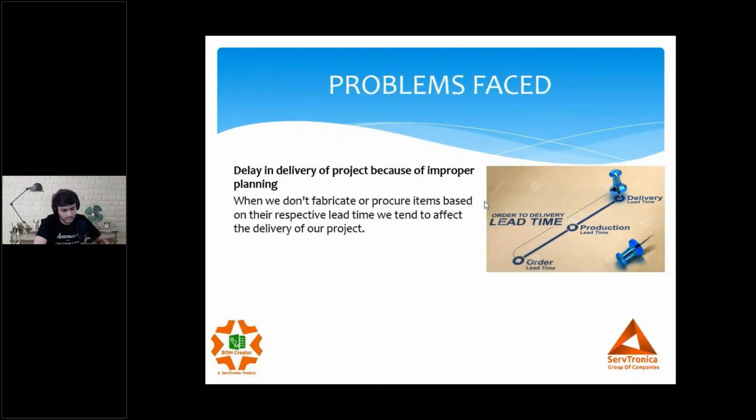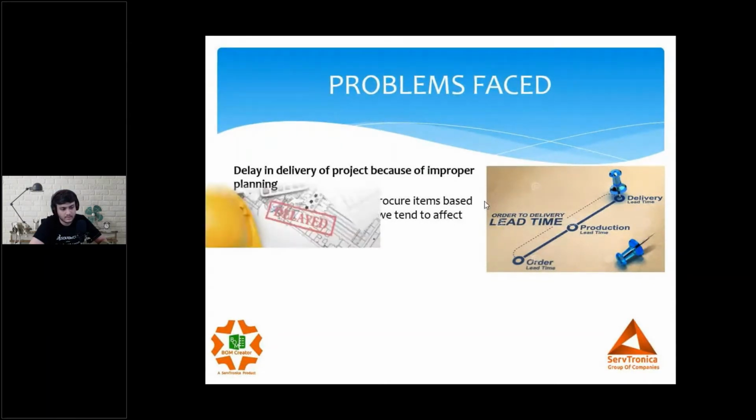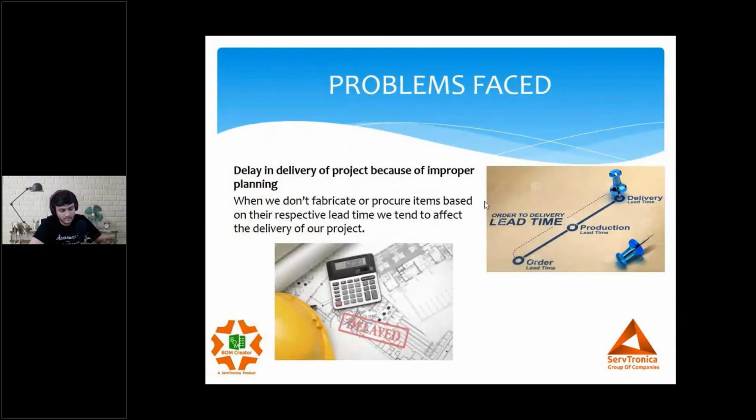So there is something called manufacturing lead time and the purchase lead time. So what is this manufacturing lead time? Manufacturing lead time is basically the time. Say I release a drawing for a component today, it could be manufactured in say 5 days. There could be another component in the same machine which could be manufactured in say 10 days. There could be another component which may take 3 weeks to get manufactured from the date of drawing release. So every manufacturing component has its own manufacturing lead time.